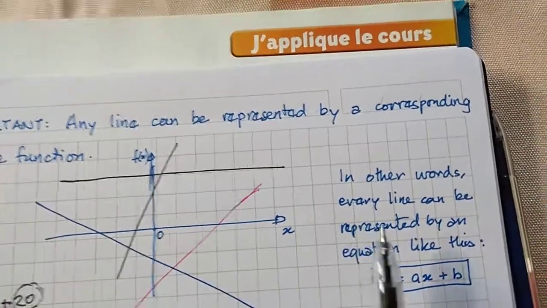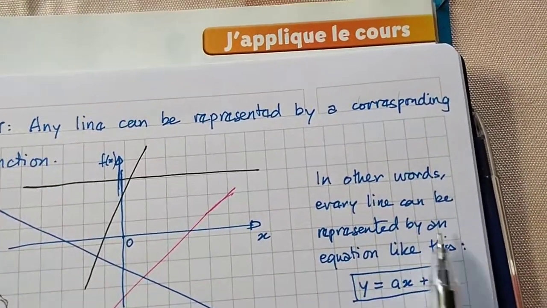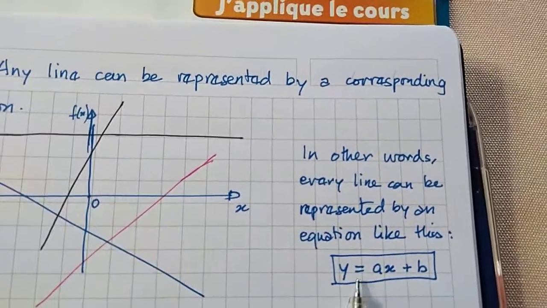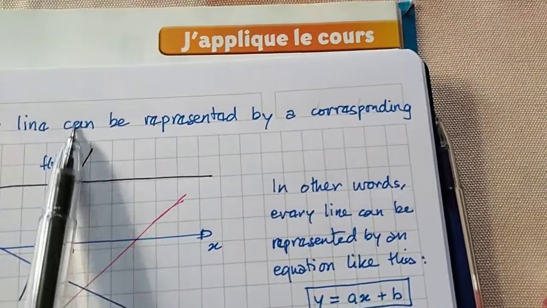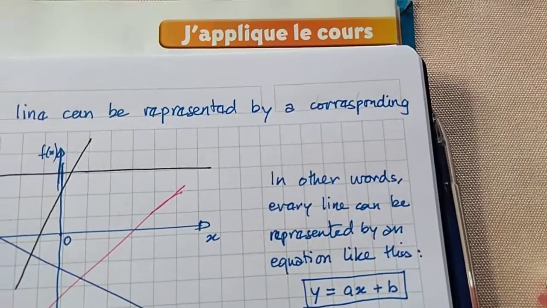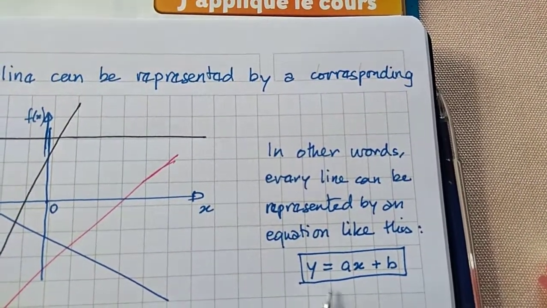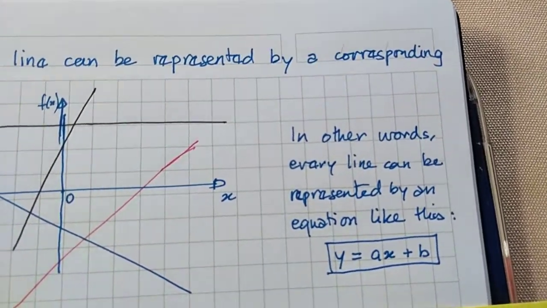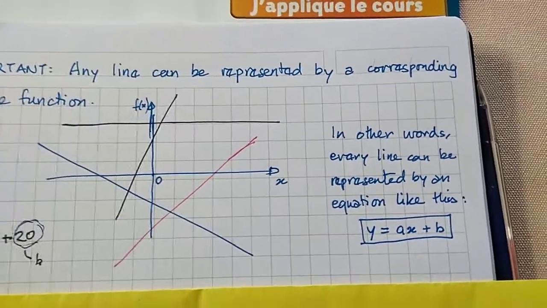So in other words, every line can be represented by an equation like this: y is equal to ax plus b. Why did I write y here? Because normally we call this vertical axis the y. So instead of writing f of x, I am writing y is equal to ax plus b. Okay, so now,